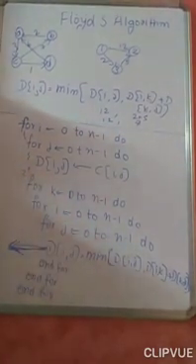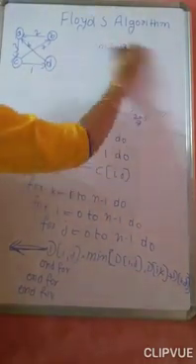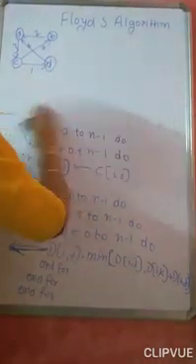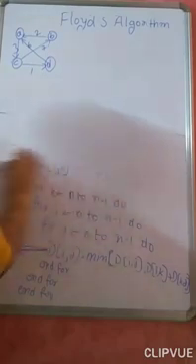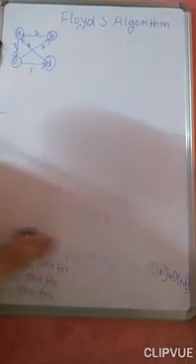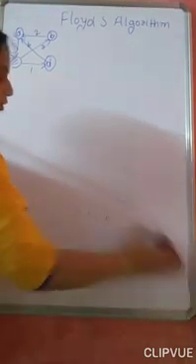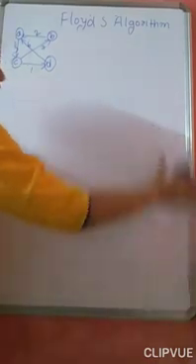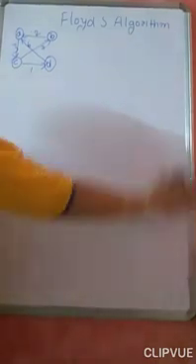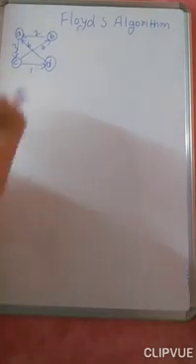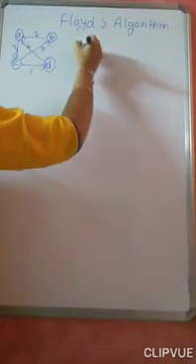So now we will consider this particular example and find out the all pair shortest path using this algorithm. Tracing is also very much similar to your Warshall. But here you are finding the shortest path. There you are checking whether an edge is there or not. So this is how I will write for this.